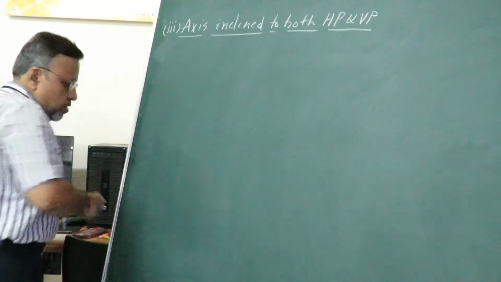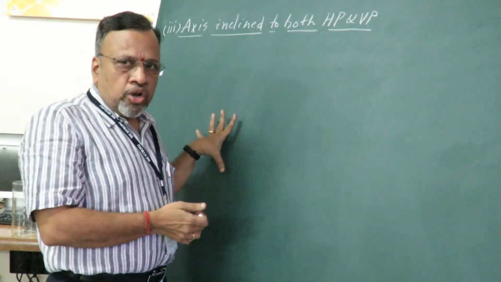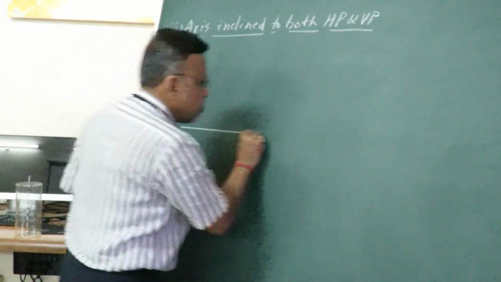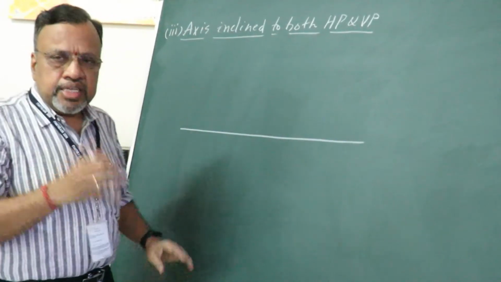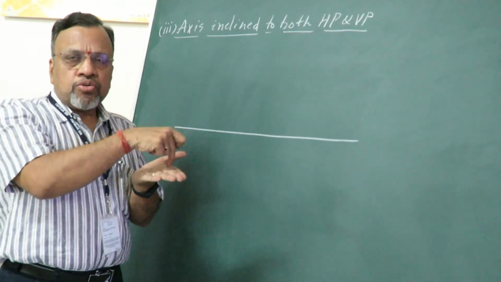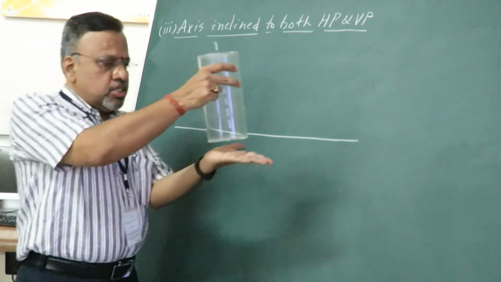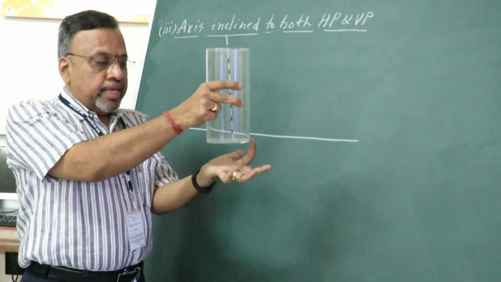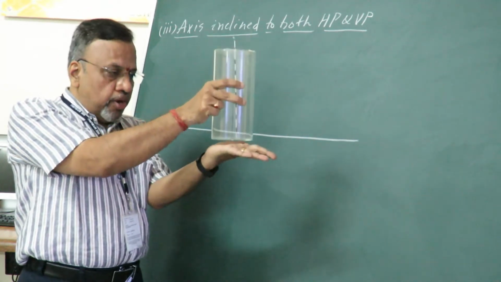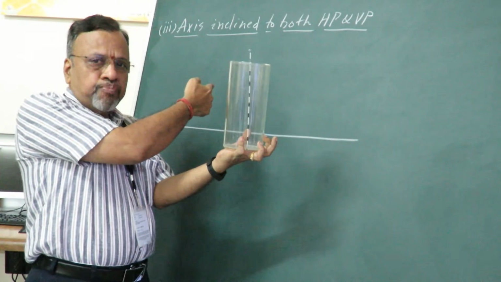So as I said, in this particular case, I need to draw the solid in simple position. So in the simple position, what will happen now? First I will draw this XY line. Now as I said, this particular cylinder rests on a circumference point on HP or on the ground. If I hold it in this way, then a circumference point is resting on HP. So as you can see, initially I will draw in this way. I will draw the corresponding top view, then the corresponding front view.